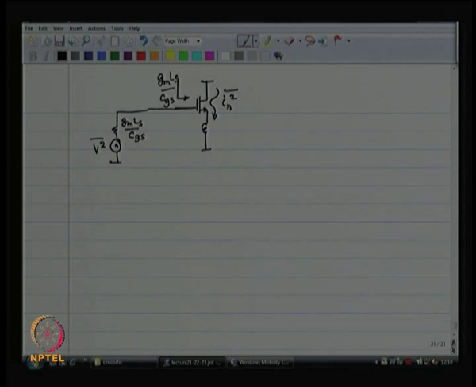So, to get a certain In squared, I need to apply a noise voltage to this Thevenin equivalent of the source side network with the matching, right,